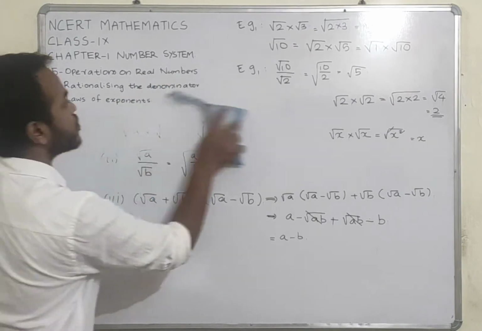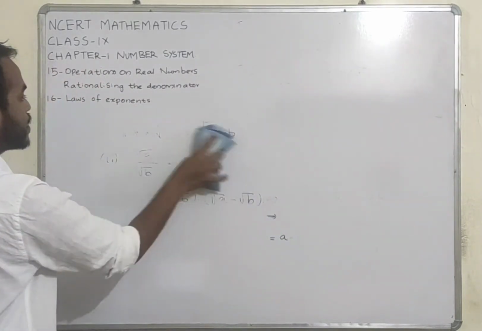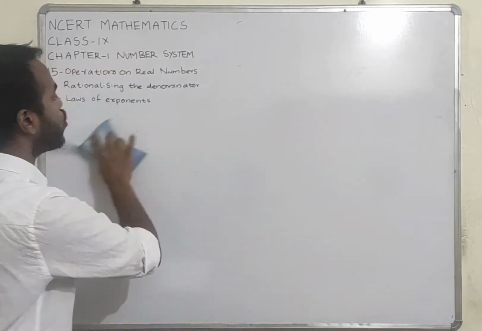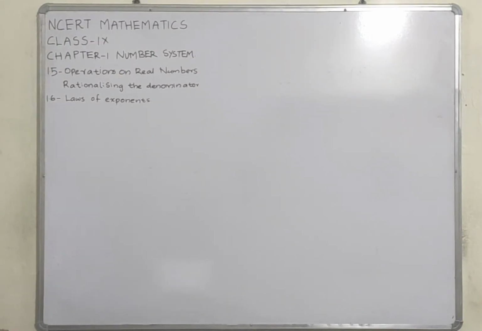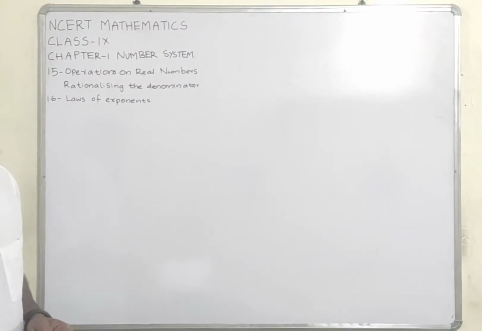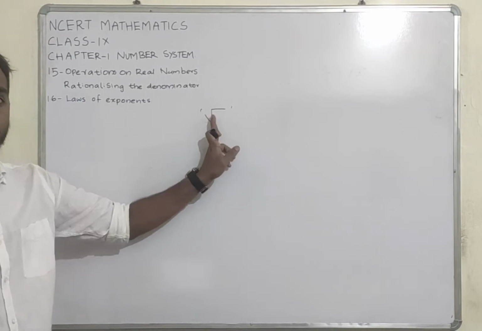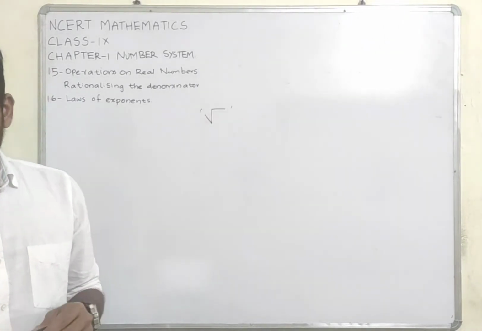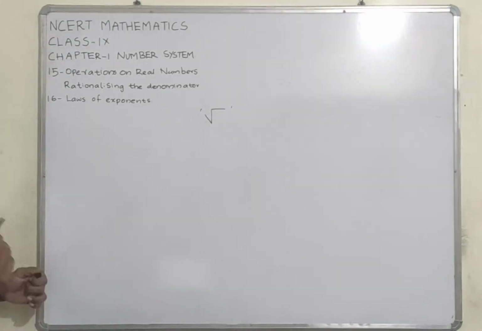Rationalizing the denominator. This will be helpful in the next exercise that is coming soon. So I hope everyone will do this. Now the next part is rationalizing the denominator. What is the process? Let's read it. When the denominator of an expression contains a term with a square root or a number under a radical sign, this particular symbol is called the radical sign. We used to call it root. The process of converting it into an equivalent expression whose denominator is a rational number is called rationalizing the denominator.